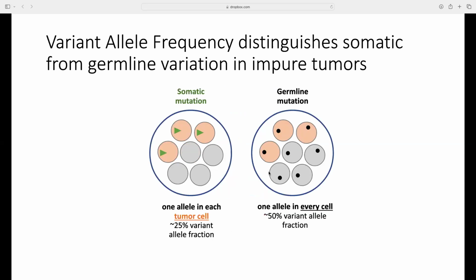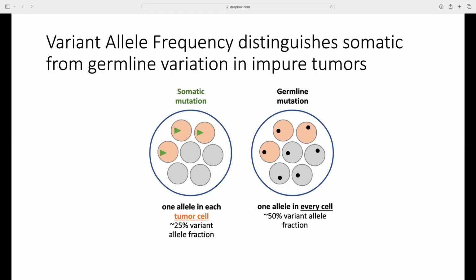And then additionally, in some cases, we're looking at a variant that is actually a germline polymorphism that's just present in individuals because they inherited it from their parents. And that germline mutation is going to now be present in all of the cells that are sequenced as part of the biopsy. The somatic mutations are the ones that we care about. These tell us about this neoantigen presentation. And the germline variants are the mutations that we don't want to identify because they're telling us something about host factors that